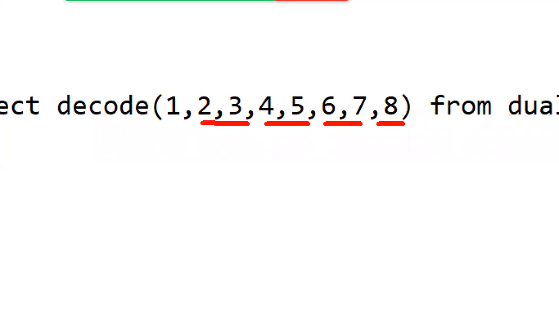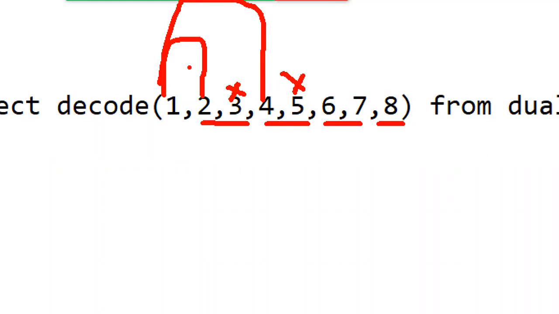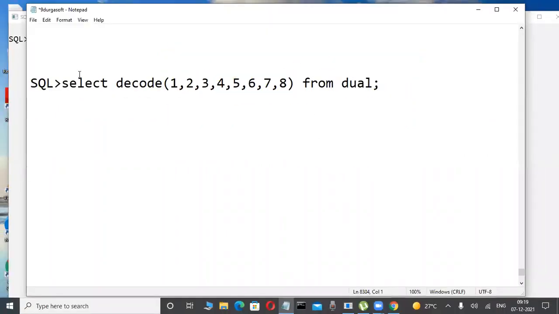Suppose here except the first value, yes, pairwise we have to divide it. Now here this first value is compared with what? The first value of each pair. 1 is equal to 2, not matching. That's why 3 is not output. Again, 1 is equal to 4, not matching. That's why 5 is not output. 1 is equal to 6. Okay, so now here not matching. That's why 7 is not output. Here the default value is else, is there or not? 8 is output only. Now really, is that correct or not?